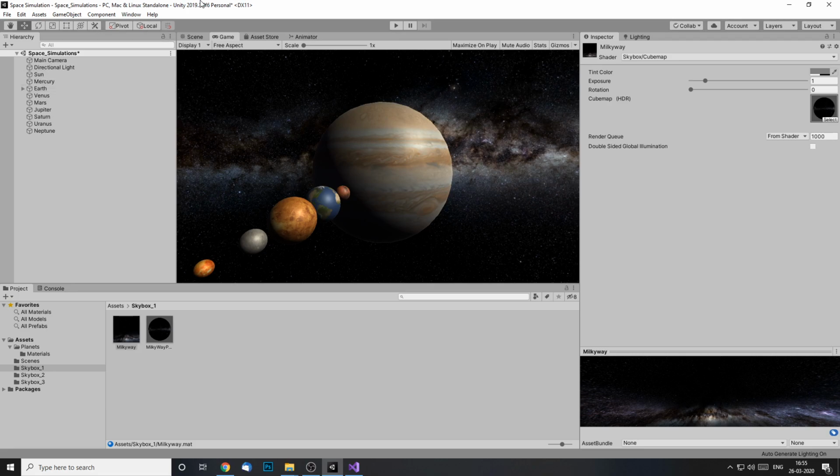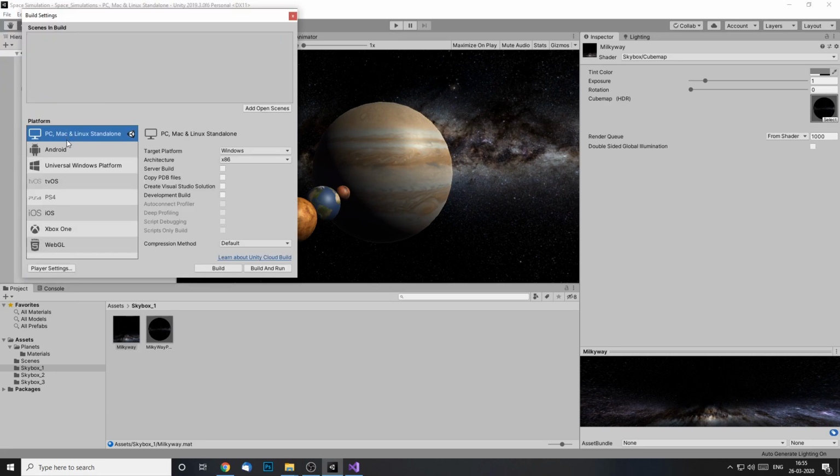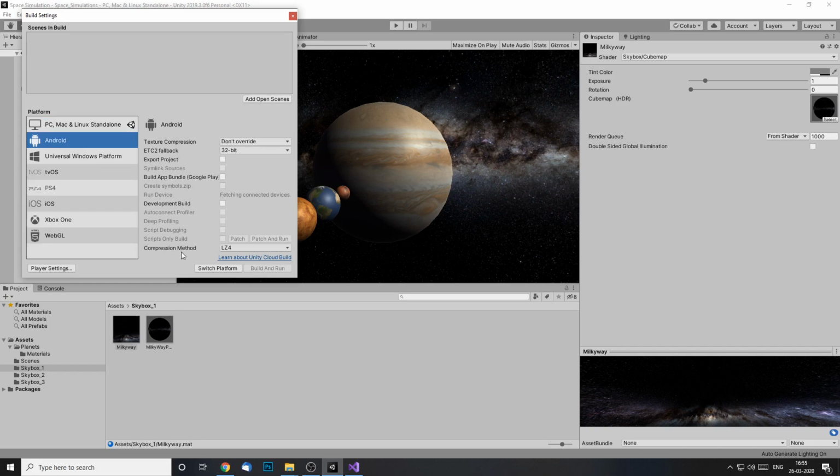If we are building it for Android, we just go to File, Build Settings. We click on Android. When we click on Android, we can't directly build it. We have to switch the platform for it. So we switch it. It will take a moment for switching, and after switching, we'll go to the player settings and change some of the settings over there. It will re-import all the texture files and stuff and adjust it according to the Android file structure and